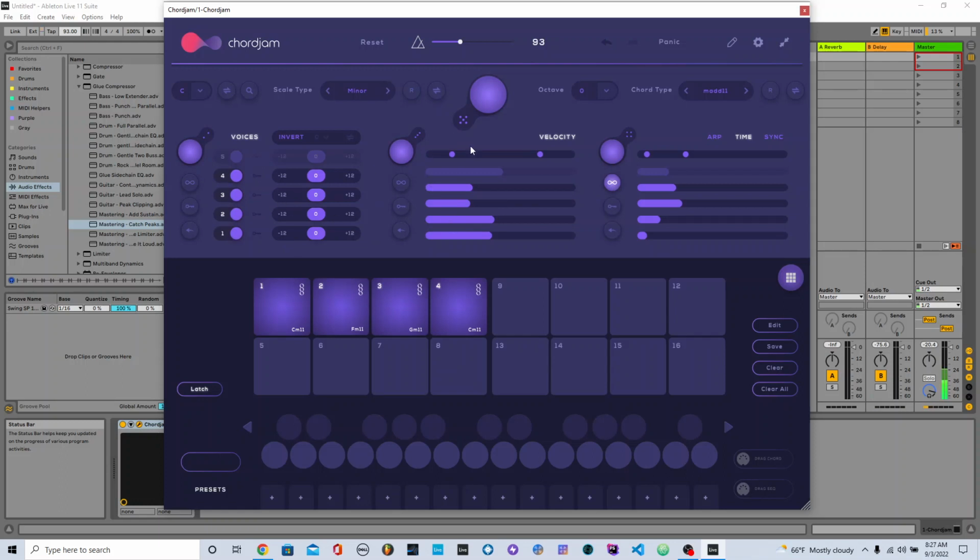That's the voices. That's the velocity of each note. I also like to set it to random. So this little infinity button sets it to random. So every time I tap a key, it will change it based on the range I have here. The velocity I have here, that will change based on every time I press the key. Same thing with the timing. You can sync it to your DAW. And so I can have it randomized. So every time I press a key,